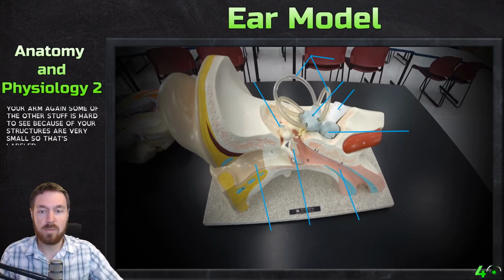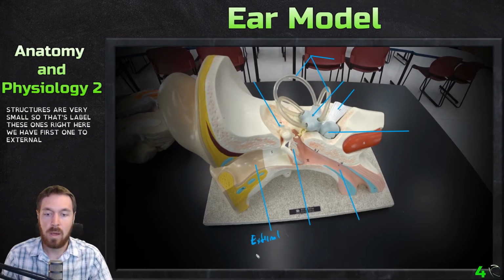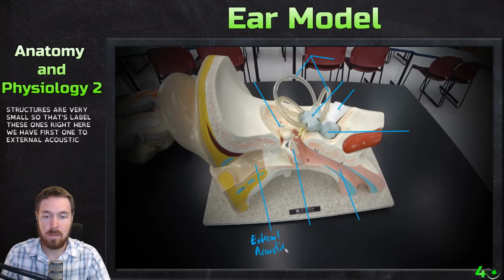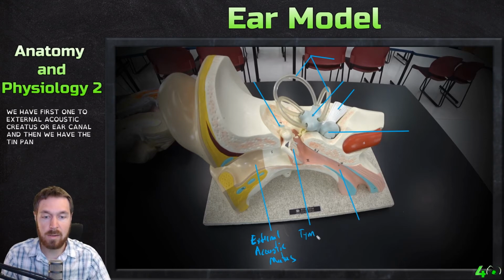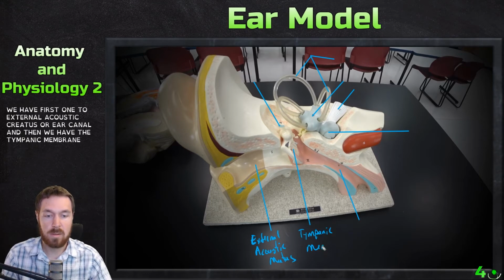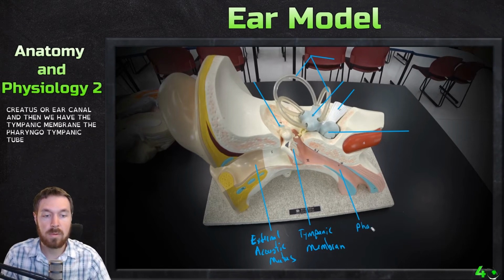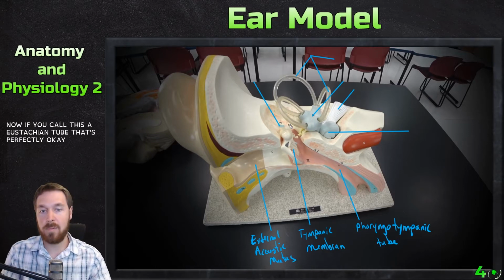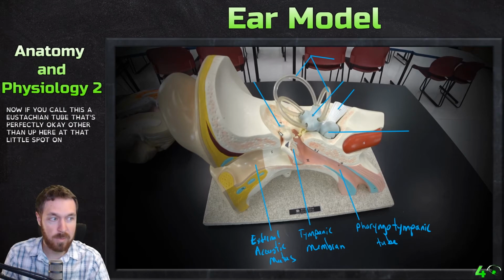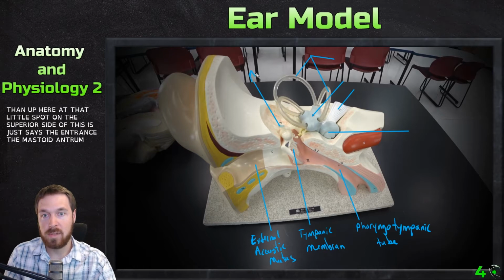So let's label these ones right here. We have first one, the external acoustic meatus, or ear canal. And then we have the tympanic membrane, the pharyngotympanic tube, now if you call this the eustachian tube, that's perfectly okay. Then up here, that little spot on the superior side of this says the entrance to the mastoid antrum. So we'll just label this mastoid